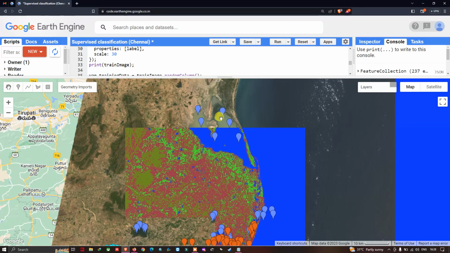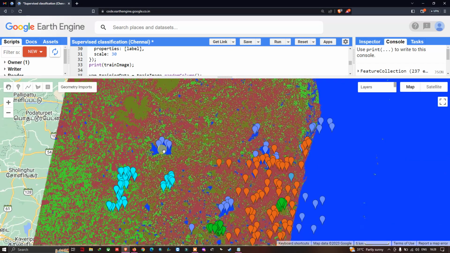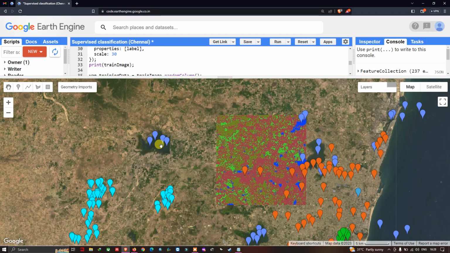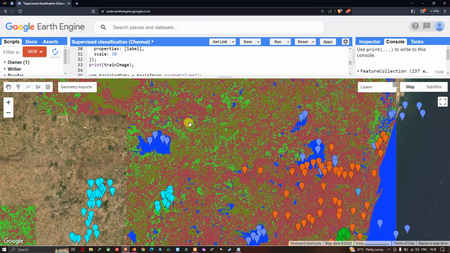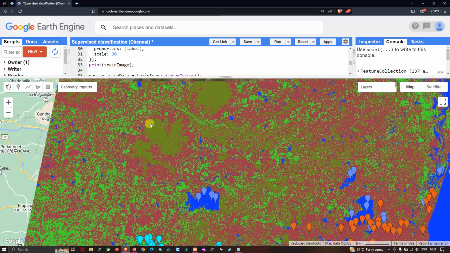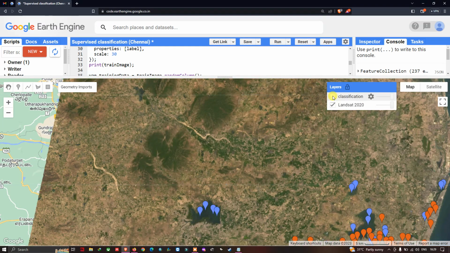Now let us view this. Here it indicates a water body. This is a lake, indicated in blue color. Similarly, let us view this. What does this color refer to? This color refers to vegetation. Now let us confirm it. Let me go to the classification and turn this off. So it is the vegetation. This specific color indicates vegetation,